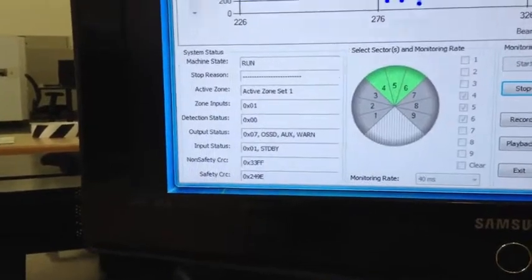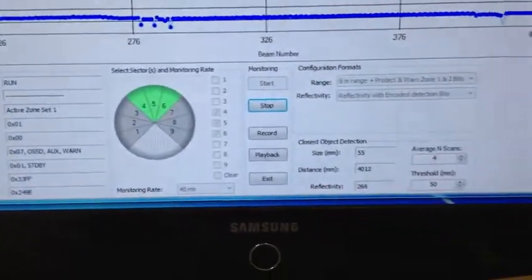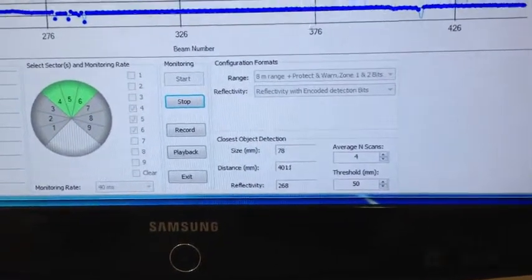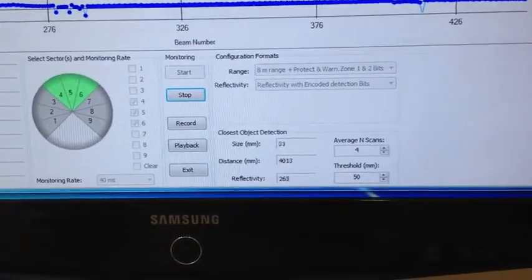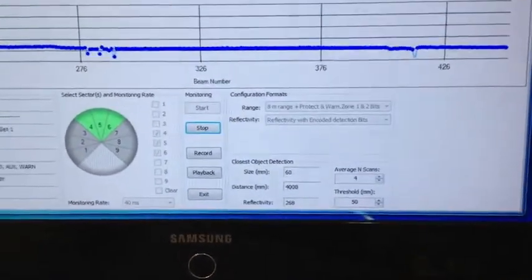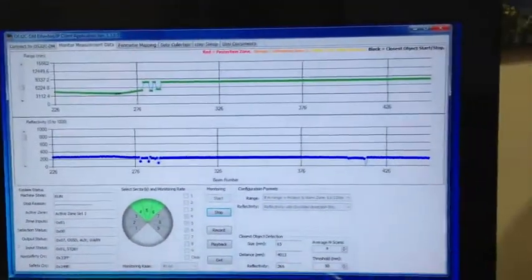a few other information. And if you look over here, this gives the size of an object, reflectivity of an object, and the distance to the object. As of right now, there is no object placed in its field of view. As I place an object in its field of view,